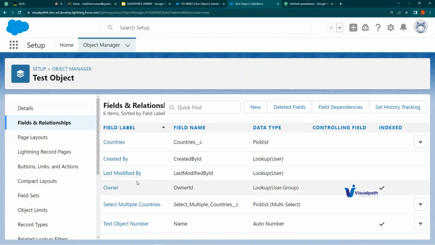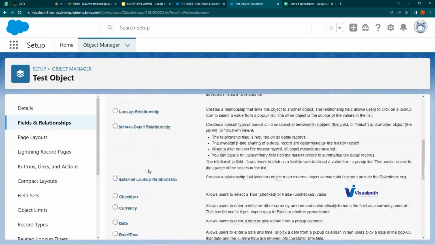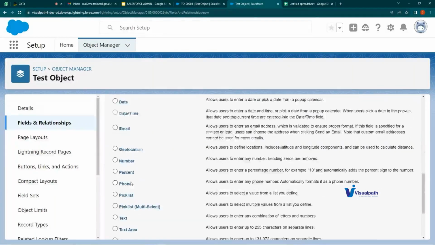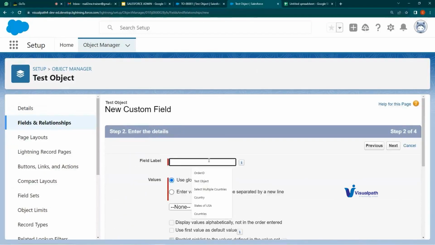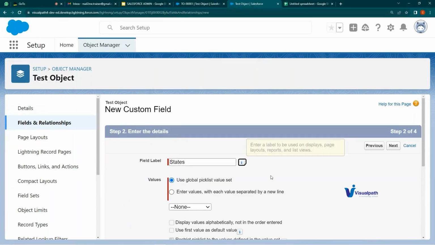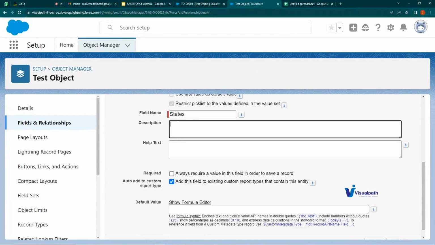Where is it? No, pick list field. Let's say states. I'm giving it as states. Okay. And I'm giving the values as, let's say,